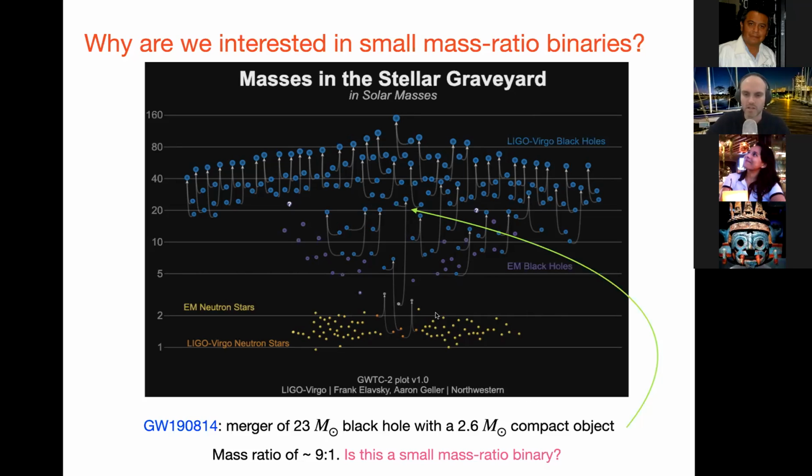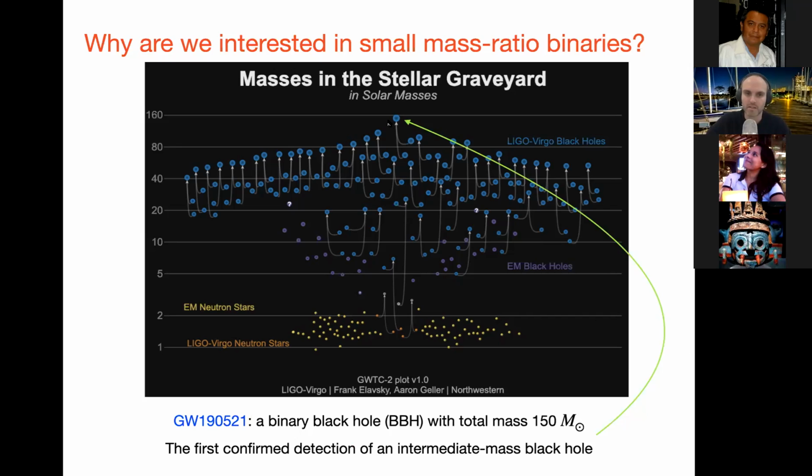The other system I wanted to highlight is this one here, the heaviest system. So this was formed from two black holes merging, something like 60 and 85 solar masses or so, into a remnant of about 150 solar masses. The signal is pretty short, but as long as you believe it's a quasi-circular binary rather than something else, then you would assume this system is now the first detected intermediate mass black hole, which are generally taken to be black holes with more than 100 solar masses.